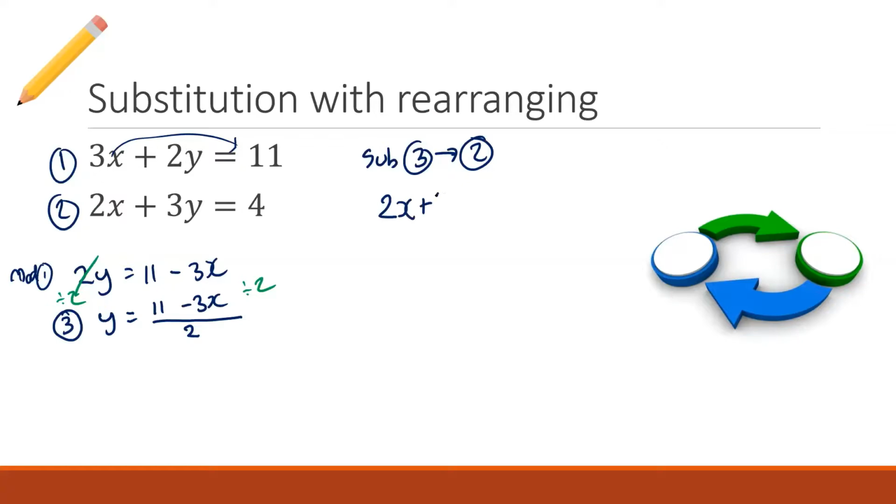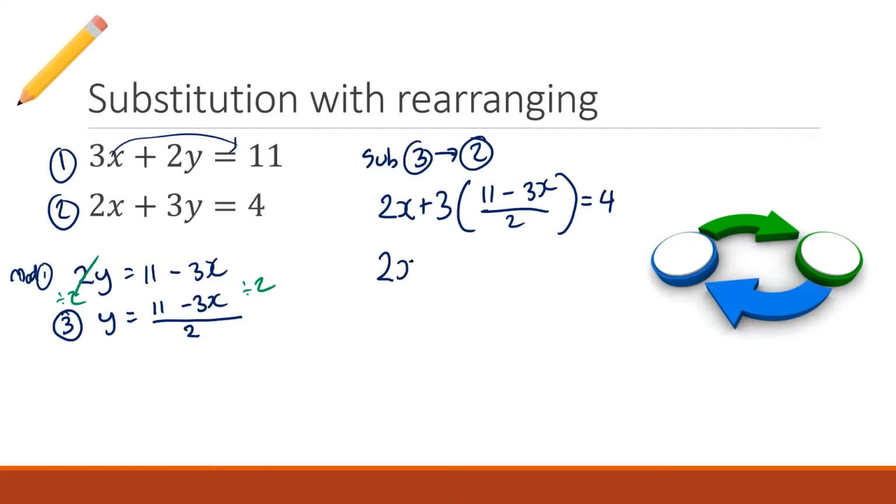2x plus 3 times (11 minus 3x) all over 2 equals 4. And now you guys can see, oh, that looks ugly. If you guys are thinking, oh, I don't want to deal with that, then yeah, you are sharing the same point as me. There are so many easier ways to do this problem, and yet we find ourselves doing the most difficult way. Is it still possible to do? Yes, because it's still mathematically viable. We can still solve this.